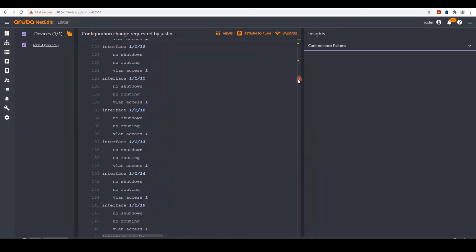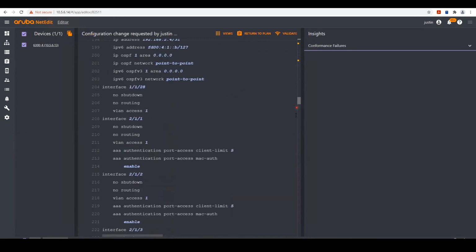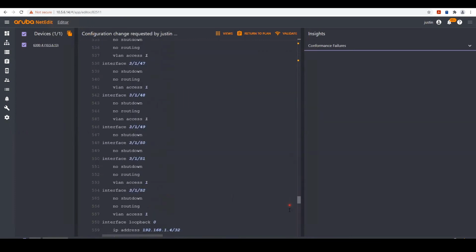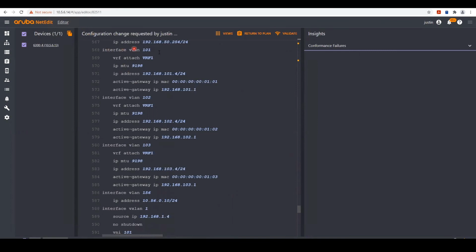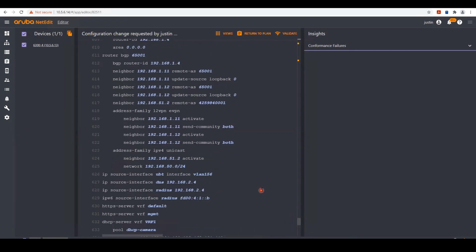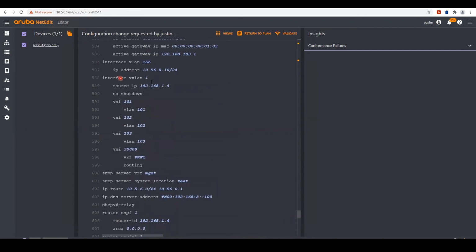So if we come down here, we're using VLAN 101 as we showed in our diagram. So if we come here to interface VLAN 101, we want to make sure we have the correct SVI configured. As well, we want to make sure we have our VNIs and VLANs configured in our VXLAN interface, as we can see here. So once we're configured, it's fairly simple to do. We have documentation on that. Once we have that set and ready to configure and configured here in the editor, we can then push the